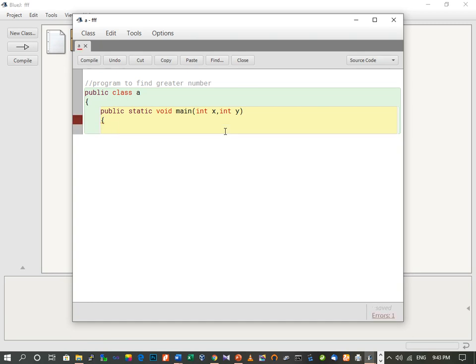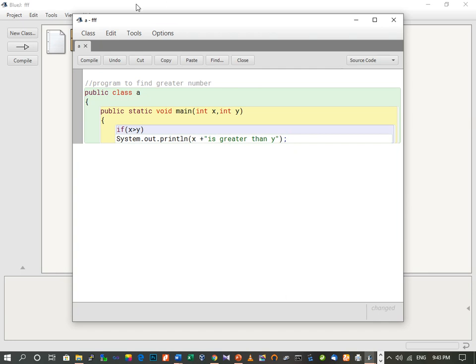Now we will provide the test condition: if x greater than y. If this is true, then System.out.println, x plus " is greater than y". So what will this statement do?